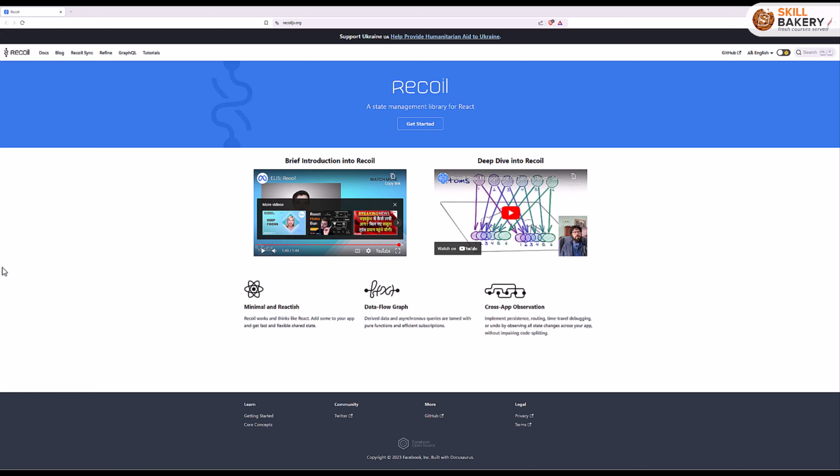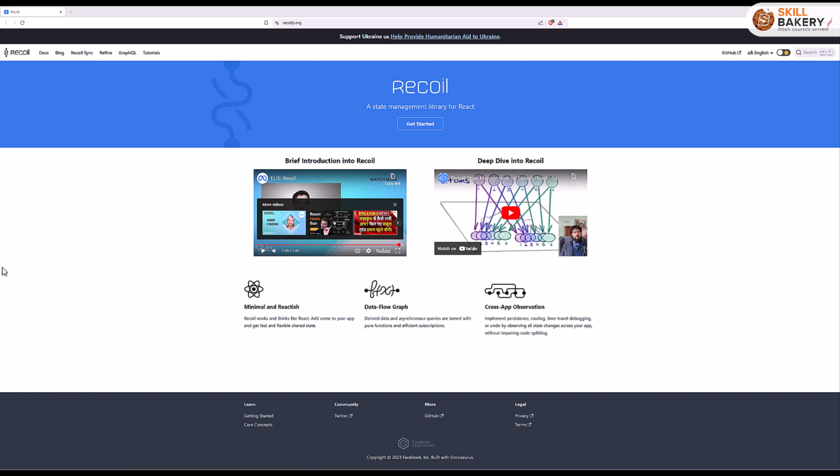We also have a scalable global state. Recoil allows you to manage both local and global state efficiently without a complicated setup or boilerplate. And as I mentioned, it has this integration with React. It integrates deeply with React, taking advantage of features like hooks, like useRecoilState, useRecoilValue, and Suspense